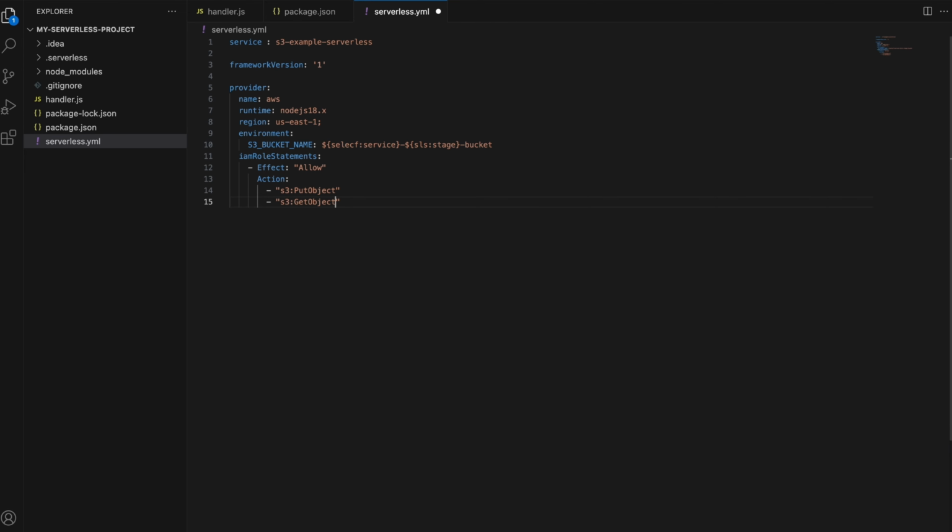So these are the two permissions which I would like to give, and the resource to which I would like to attach this role is, resource is